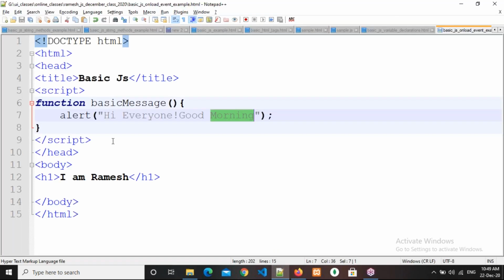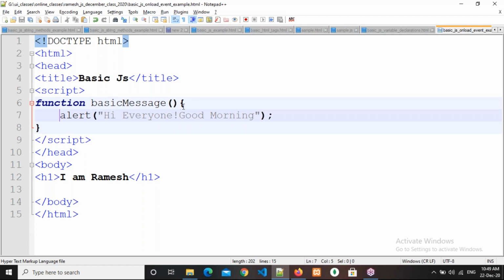Okay, right. Why? Because whenever you have written any statements in a function, only when you call this function will it execute. Whenever you call this function manually, then only the statement will be executed. So how to write a function in JavaScript? First you need to write the function keyword, then the function name, and the parentheses, and then the open and closing curly braces. In between that opening and closing curly braces, we need to write the alert box. Sorry, not only alert box, whatever you want to write, you can write.